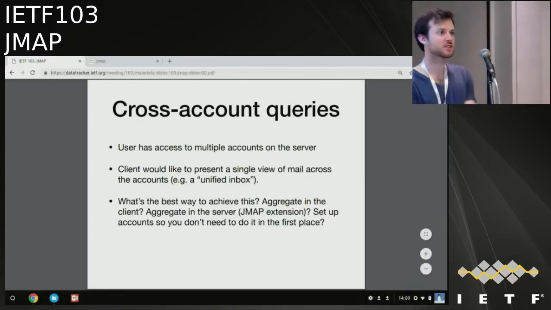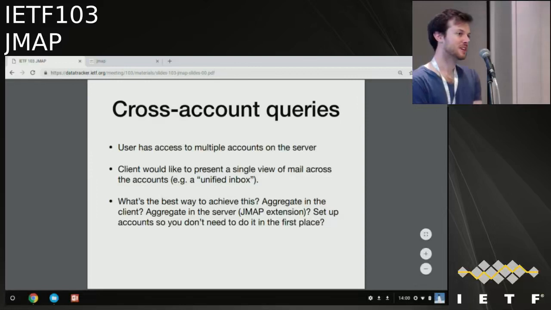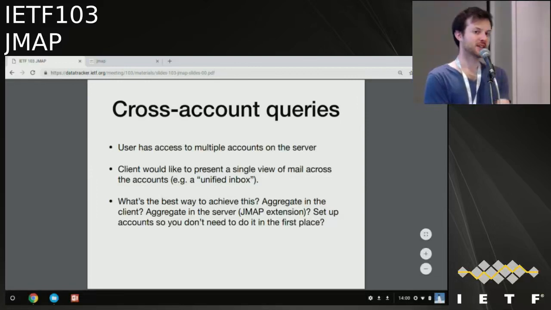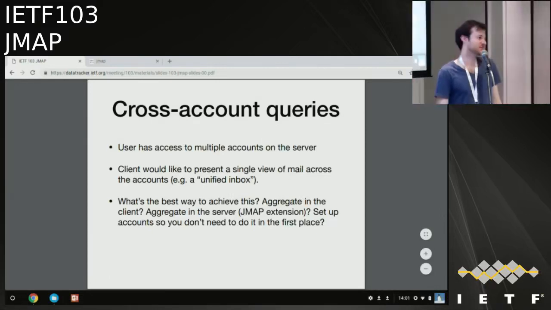Alexei, speaking from the floor: at the moment, I'm not entirely sure what this extension is going to look like. So I think if somebody does a proposal, it might help to decide. That's a fair point. I think it would basically just be for querying. It wouldn't be aggregating anything else. And I guess instead of returning a list of IDs, you'd get something like a list of account ID tuples back in an object. But yeah, I don't know.